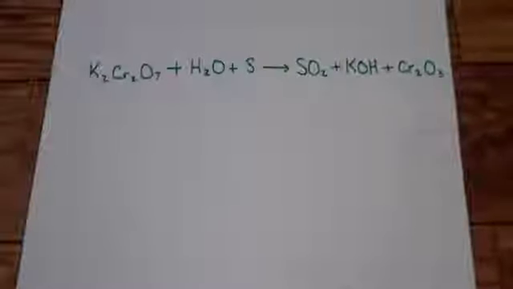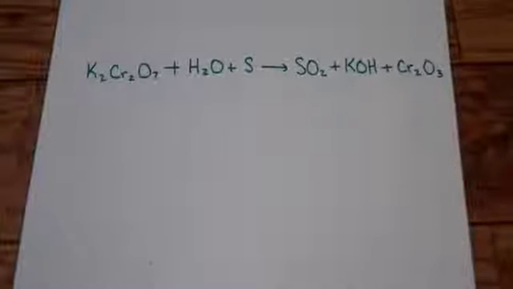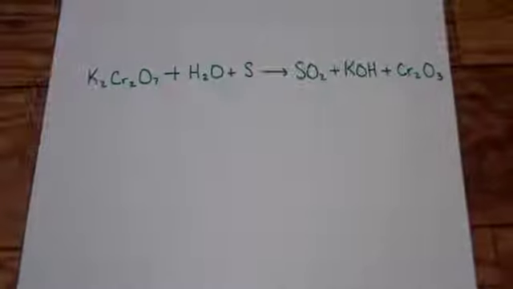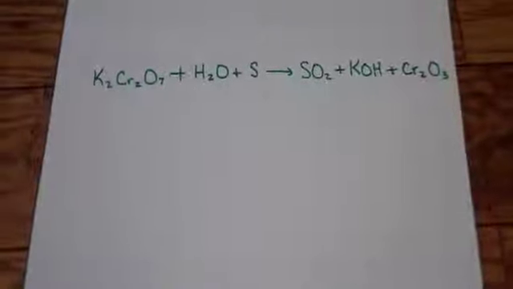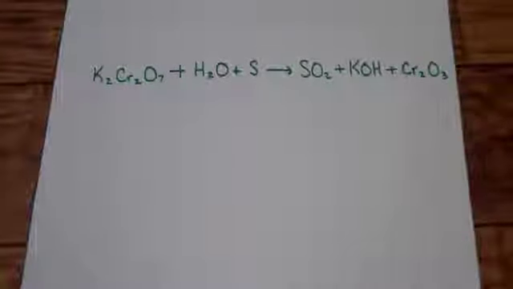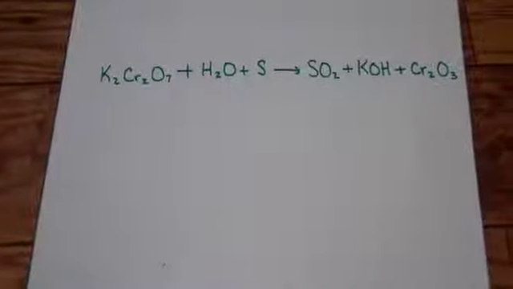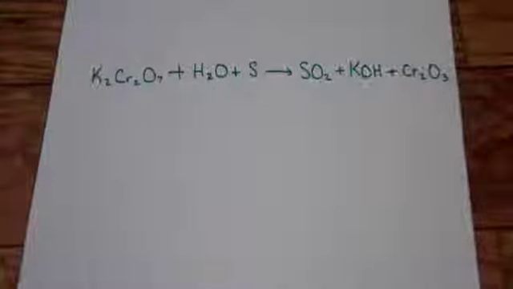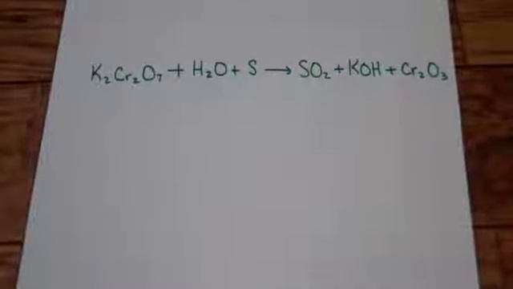Alright, so let's work on some problems for redox reactions. This first one deals with potassium dichromate reacting with water and sulfur. So when looking at redox reactions, one of the ways that you can initially recognize if you have a redox